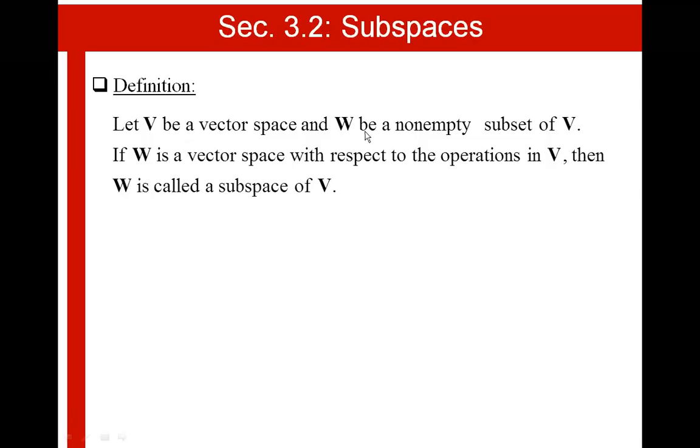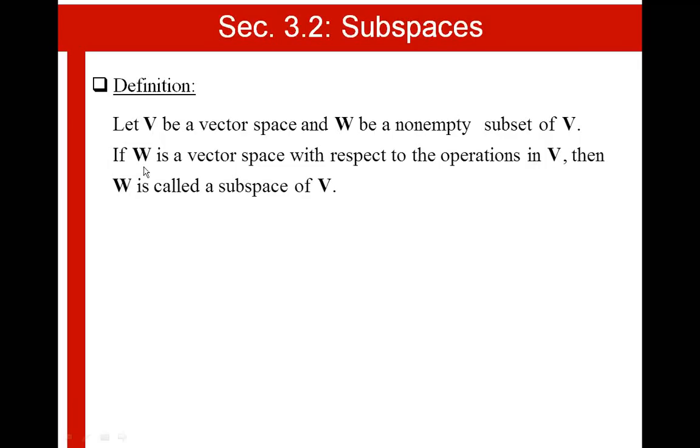Let V be a vector space and W be a non-empty subset of V. In other words, W is a set that at least has one vector in it, and at the same time W is included in the vector space V. If W is considered a vector space with respect to the operations in V, then W is called a subspace